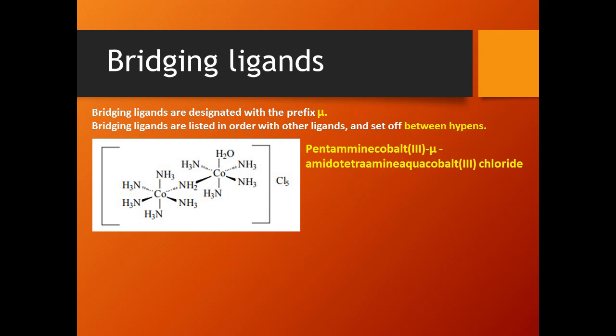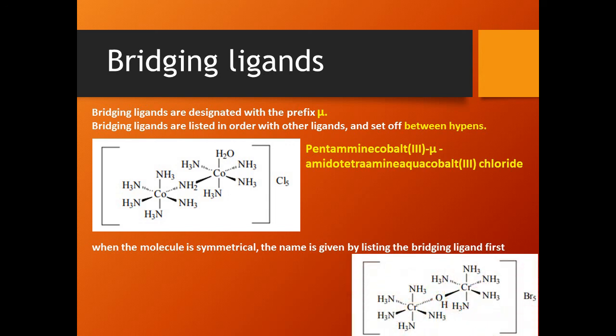First name the first metal center, then the second metal center, find the oxidation state, and write the name using all the rules we have studied. I'll explain with one more example. Before that, in the previous example the molecule is unsymmetrical. Suppose the molecule is symmetrical, then the name should be given by listing the bridging ligand first. In our previous example, the bridging ligand comes between the two metal centers, but if the molecule is symmetrical, you should name the bridging ligand first.